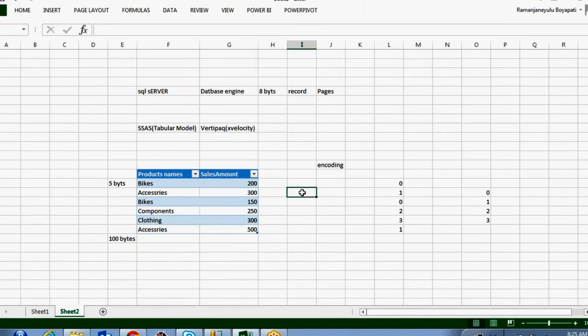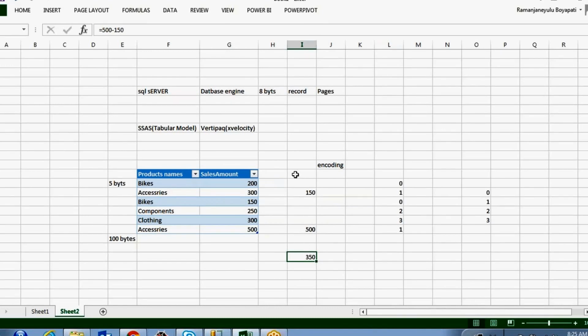What is the maximum value? 500. So the range is 500 minus 150. What value comes? 350, right?